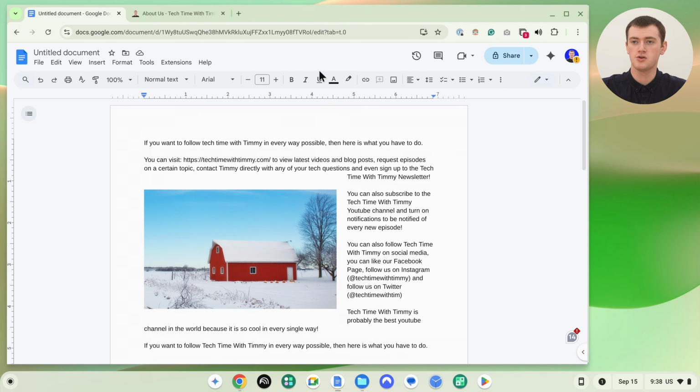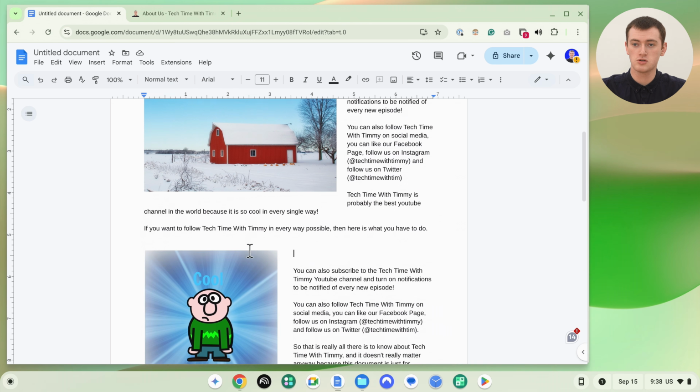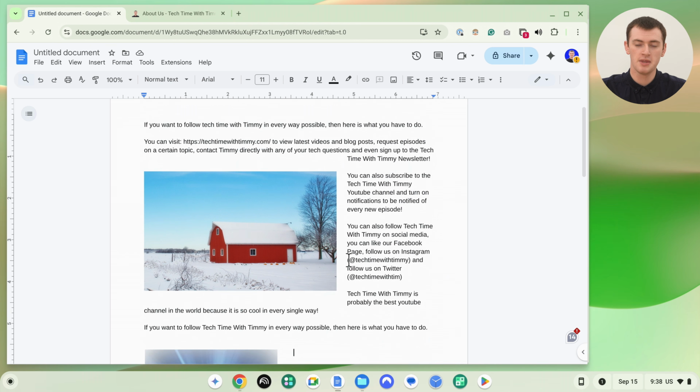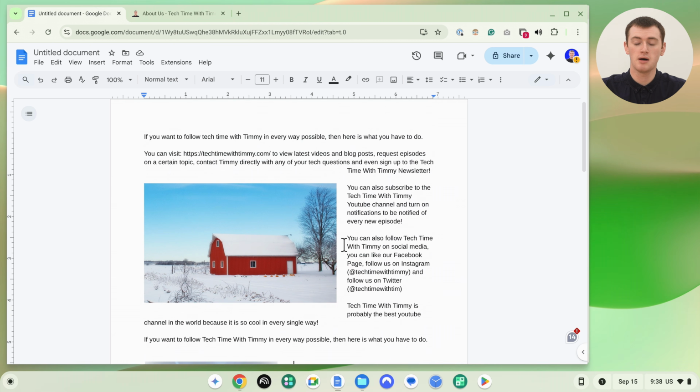In this video, Timmy's going to show you how to use Google Lens to search for something on your screen on a Chromebook. So, if you're on your Chromebook and you want to search for something in a picture that's on your screen, or you want to even copy some text that's in a picture, or just copy some text that's in a place that it can't normally be copied from,